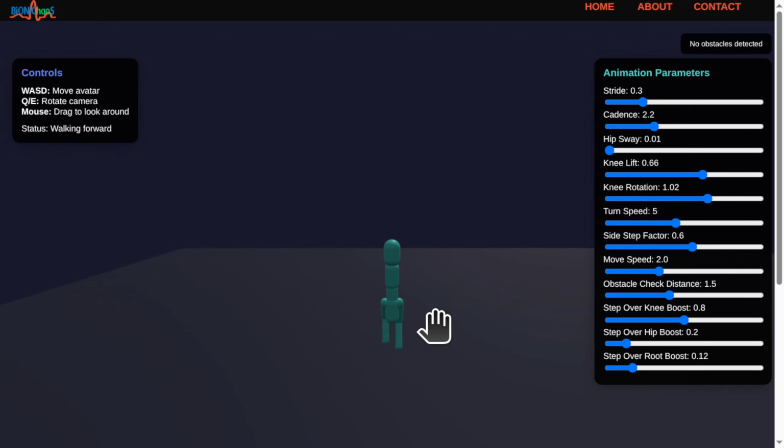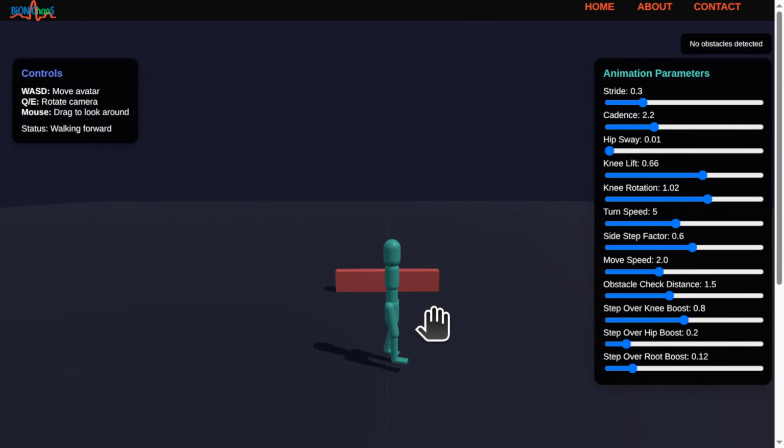The phase for the right leg should lag behind the left leg by half a cycle, 180 degrees or pi radians. If this offset is missing or incorrect, the legs will not alternate properly. Solution: ensure proper phase offset. The left leg should use the current phase value, while the right leg should use a phase offset of plus 0.5, half a cycle. Update the animate gait function calls to include the correct phase offset for the right leg. I will update the animate function to ensure the correct phase offset is